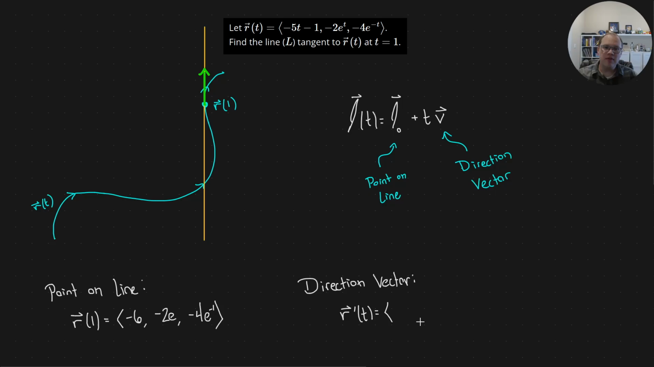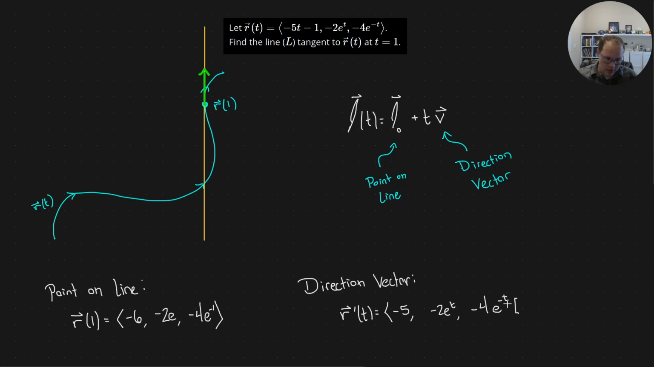And I just take the derivative of each component. So derivative of the first component, -5t minus 1, it's just -5. Derivative of the second component is -2e to the t. And the derivative of the third component, it's -4e to the -t. So if I take the derivative of that, I get -4 comes along for the ride. Derivative of e to the -t is e to the -t